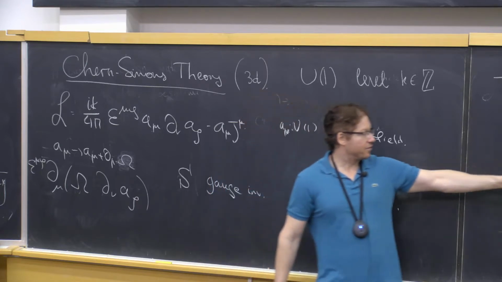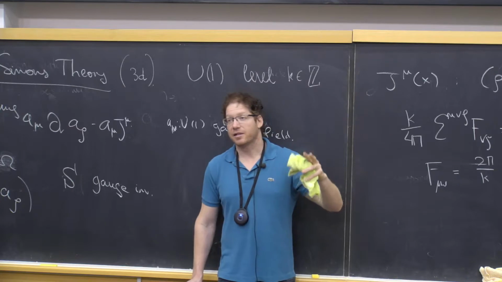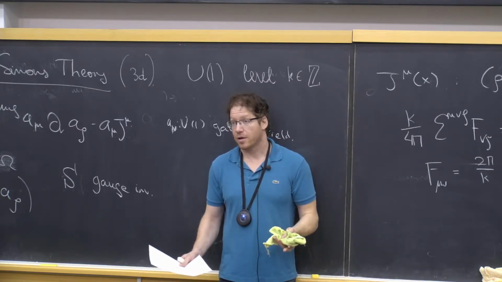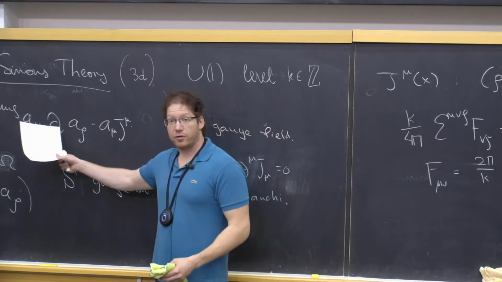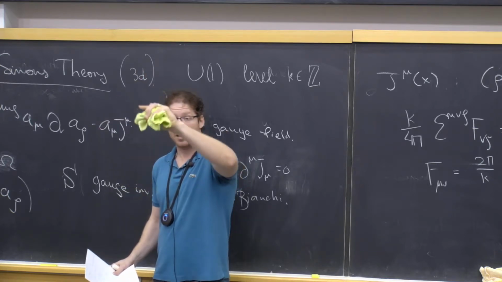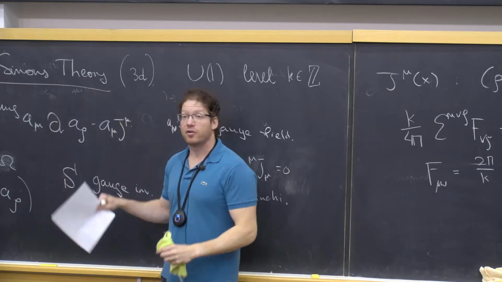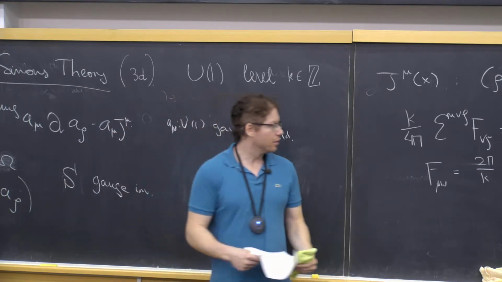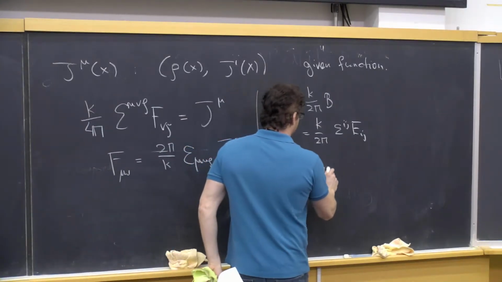But here, once you specify the charge and the current density, the magnetic and electric fields are completely fixed. That means that there are no waves, so no propagating photons. So this theory doesn't have propagating photons, but it doesn't mean that it's trivial. It still creates interesting electromagnetic configurations when you have sources, but by itself, it has no propagating degrees of freedom. There are no particles in this theory. So there are no waves.